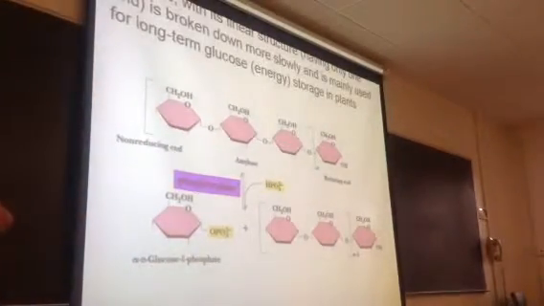And amylopectin and glycogen are both the ones that have